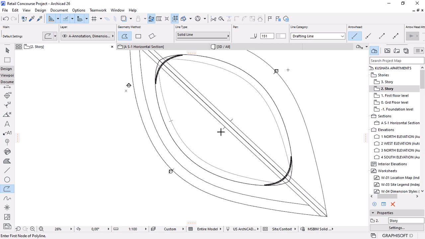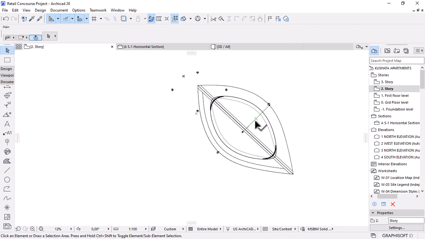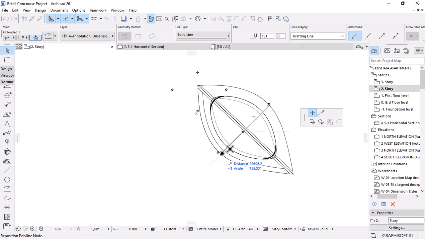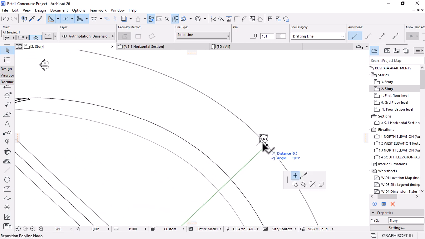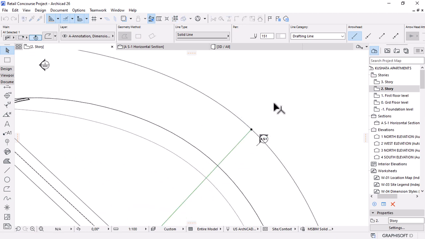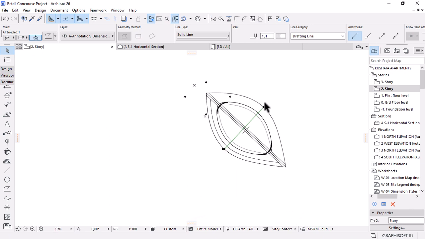polyline, and I'll start by drawing the midpoint of the bridge. I don't think it's the midpoint, something like this, but it says it's here. Let's see from this side. Where is it? Is it here? It's here. Okay,